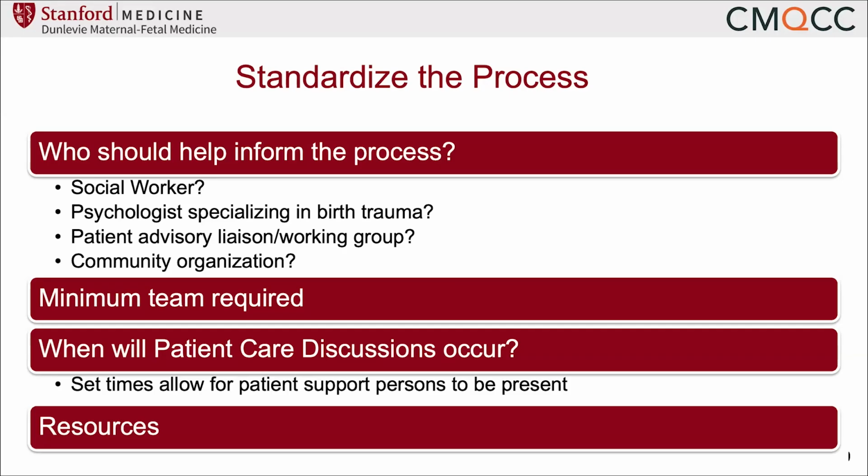Do we have access to patient advisory liaisons, or is there a patient advisory work group? Again, the wealth of information in the sepsis toolkit for patient resources was created by patients. So is there something locally that you can do that will help inform this process? Is there a community organization in your area that wants to support this, can support it, or maybe is already supporting it and you're not that familiar with it? So all of these partners can help inform your process.